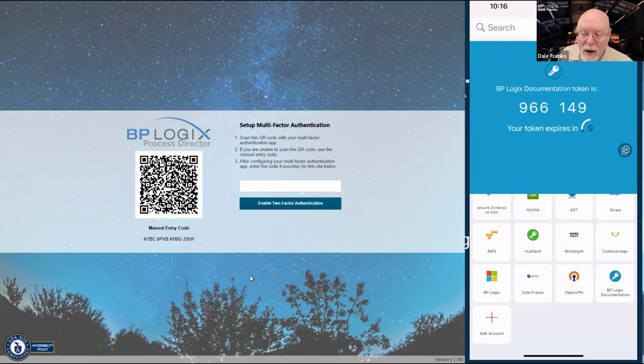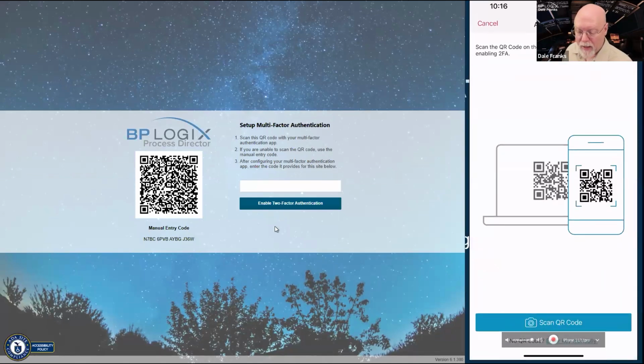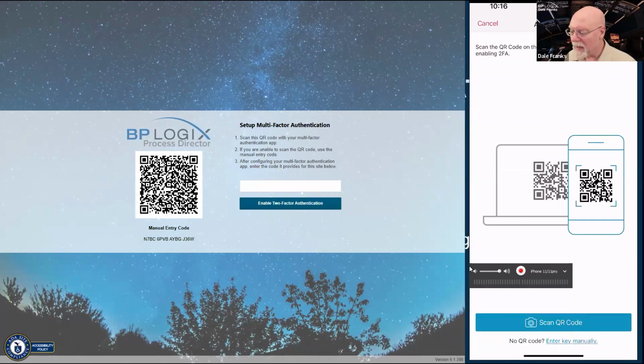Now, to create my account, because I can't do anything yet, I've got to create that account. I'm going to need to take my phone and open up Authy. And in my case, I'm just going to go down here at the bottom and click the Add Account button. And notice as we look at Authy, I was correct, you can do it manually. This recording button is showing up there, and I wish I could make it go away, but I can move it. So let's move it here a little bit. Note at the bottom, it does say enter key manually.